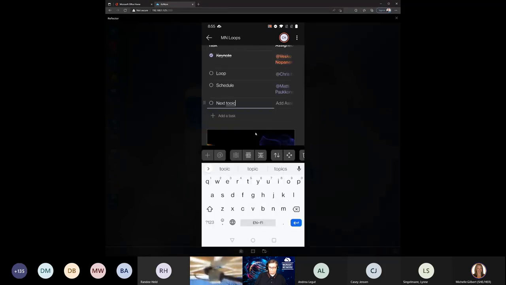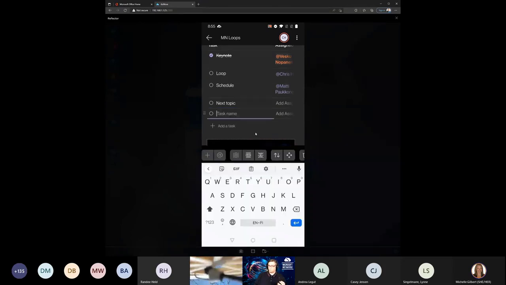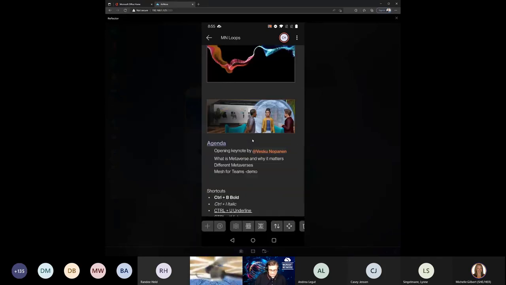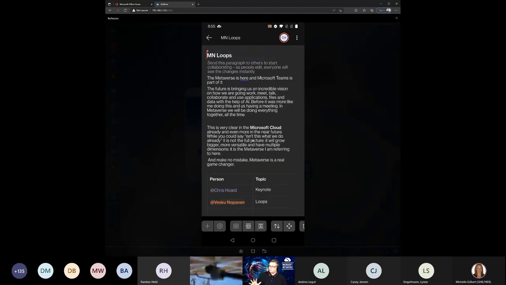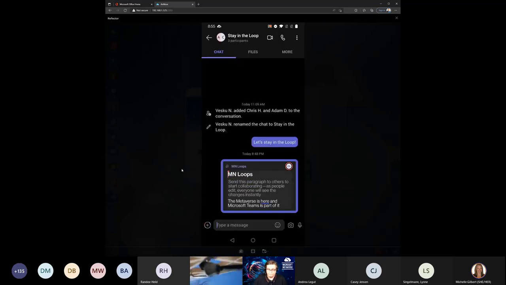So I can edit it directly through my phone, and I think that's the key thing here. Adding whatever I want to add, or staying inside the loop, working on the loop components, and giving my contribution even when I'm somewhere else. Okay,